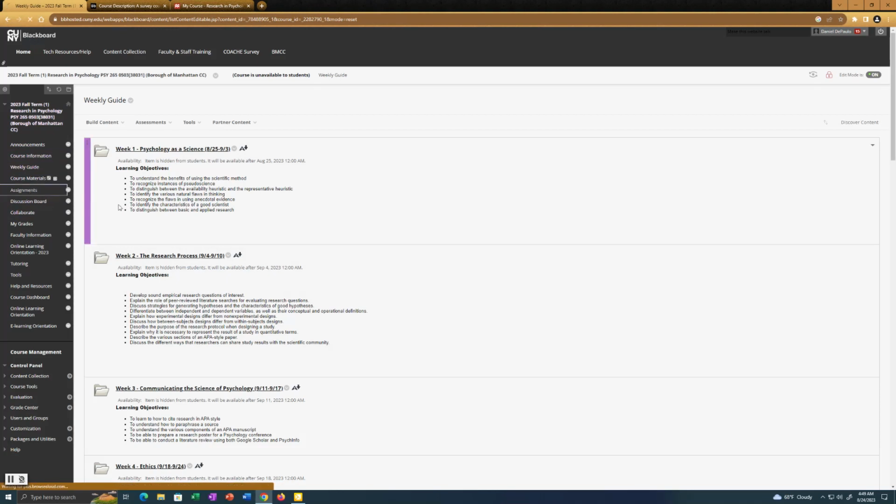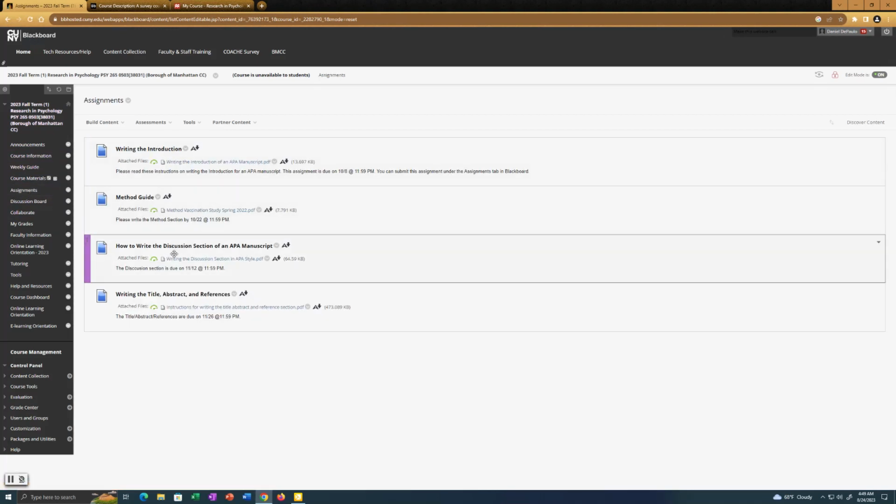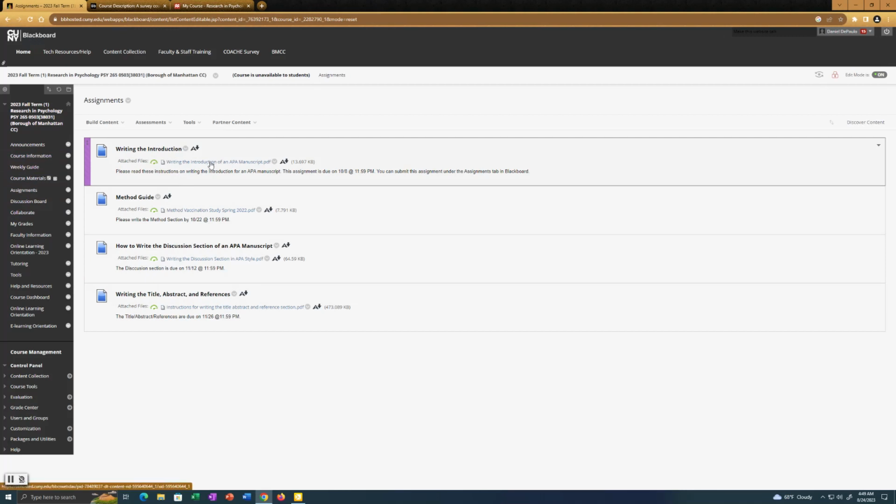One more, the assignments tab. This is where I'm going to put all the written assignments, all the rough drafts, and all the final paper, the revised paper. So you'll see instructions here. You'll also see videos that I'll make for you. I haven't made them yet, but they'll be up here. There'll be videos on how to write each section of the paper: intro, method, discussion, title, abstract, references. And then there'll be a link on this page where you could upload your rough drafts as a PDF, where I can grade them, and where you can upload the final revised copy at the end of the semester.